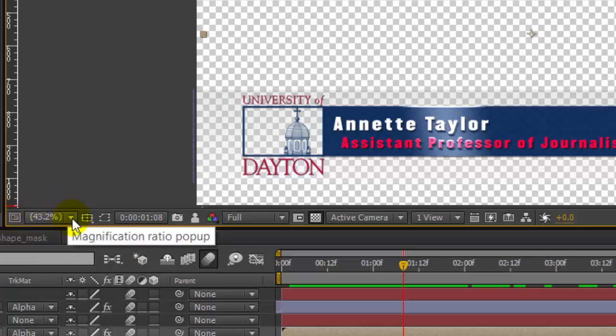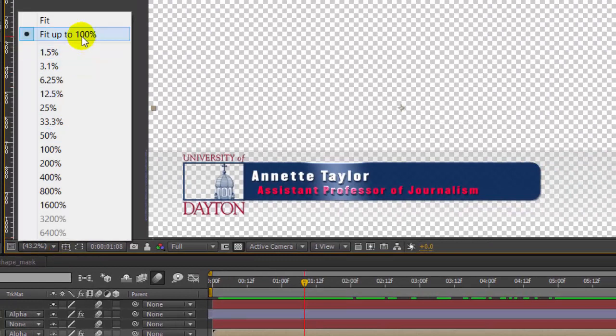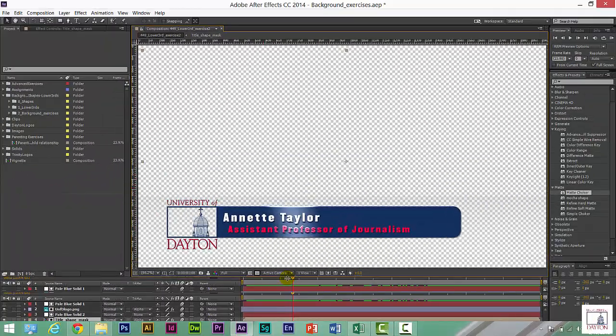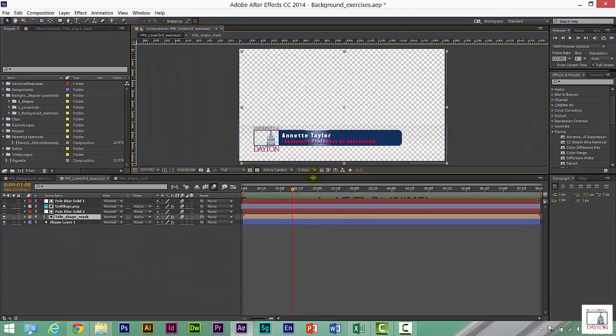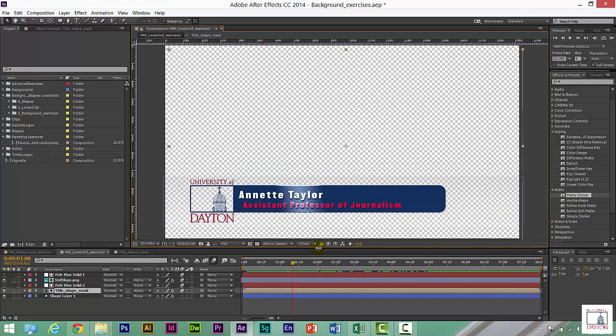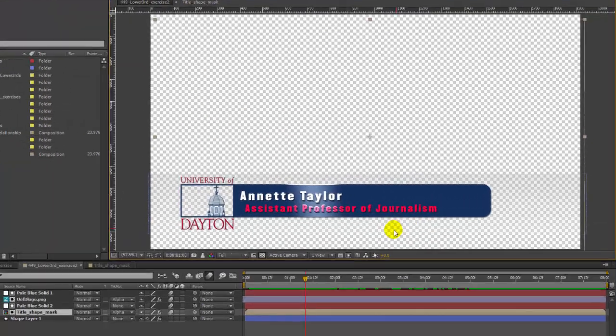The next one is our magnification ratio group, and this is, as you notice, selected up to fit up to 100%. I can change the ratio if I wanted to, so if I wanted to zoom in or if I wanted to make it very large, if I have stuff going on in this work area in the gray space, I could do so. But I like to keep it at fit up to 100% in case I were to change our panels and just make them larger or smaller. As you notice, as I do so, if I make this timeline panel smaller below or make the composition panel bigger, it then will fit up to 100%, which is very nice.